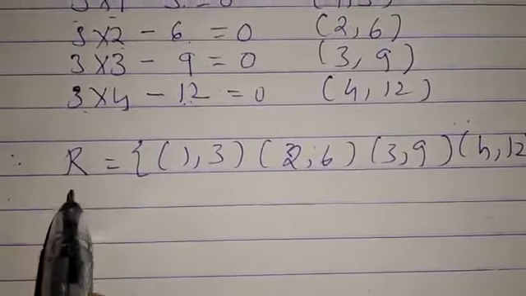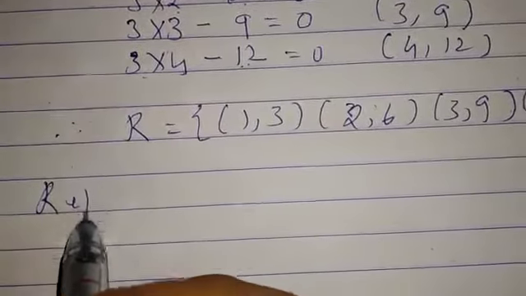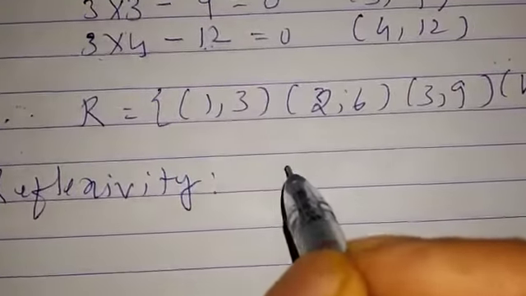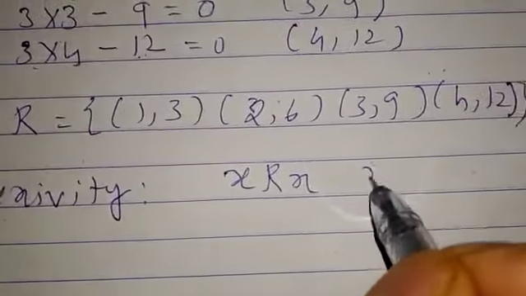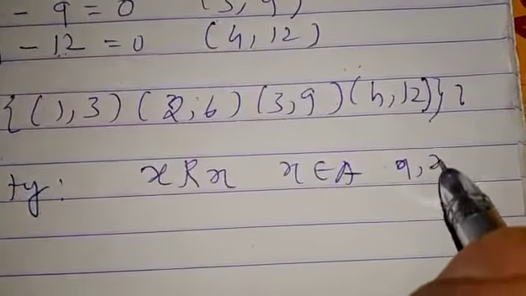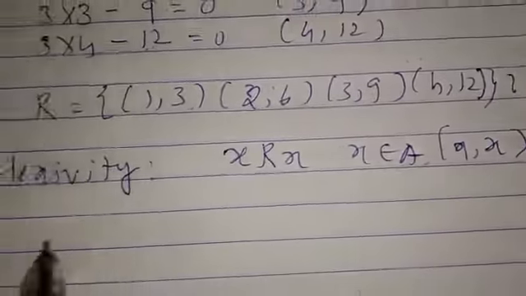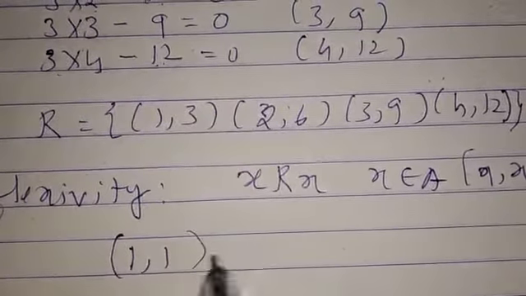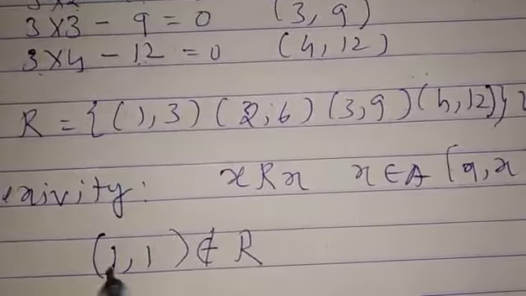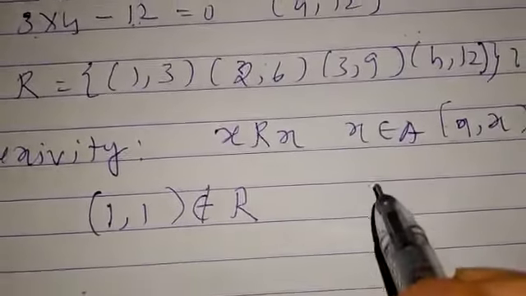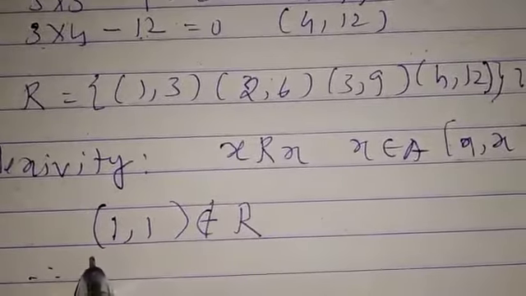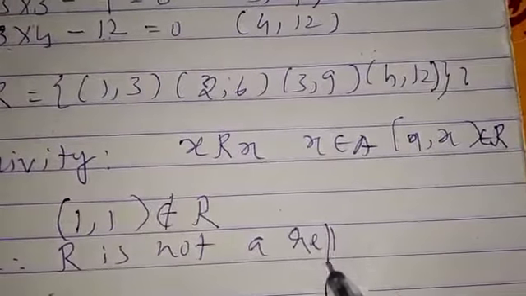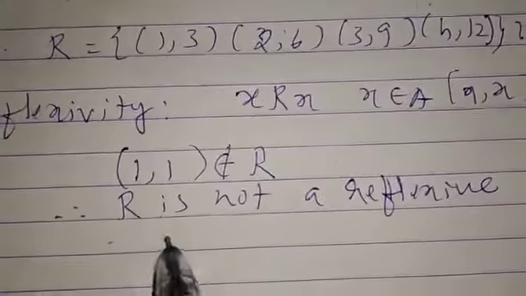Okay, first we find reflexivity. The condition for reflexivity is: for x belonging to A, (x, x) is related to R. From the above set of ordered pairs, (1, 1), (2, 2), (3, 3) and so on do not belong to R. So therefore R is not a reflexive relation